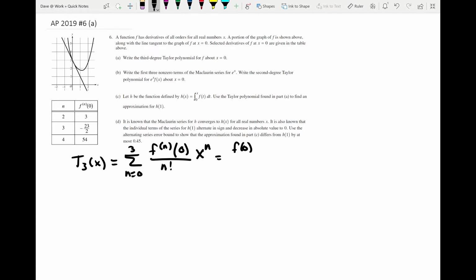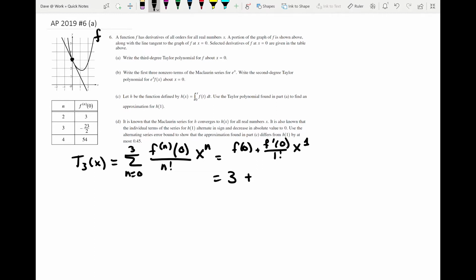And it doesn't tell us up here in the original part of the problem, but it does say that there is a graph of f, which is right here. And its height, specifically at 0, is 3. So we can say that f of 0 is 3, and we'll put that into that spot right there, and we'll move on. Next up, we have to add the first derivative at 0, divide that by 1 factorial, and